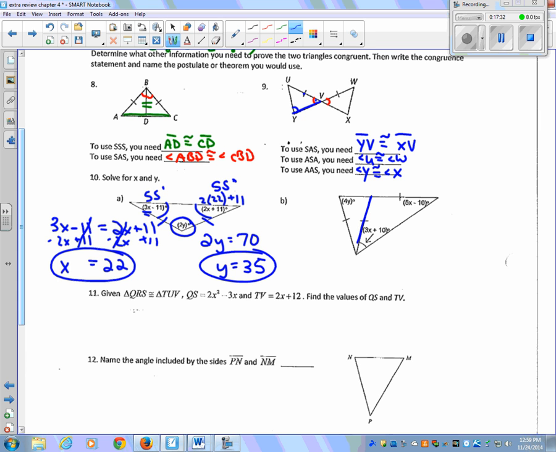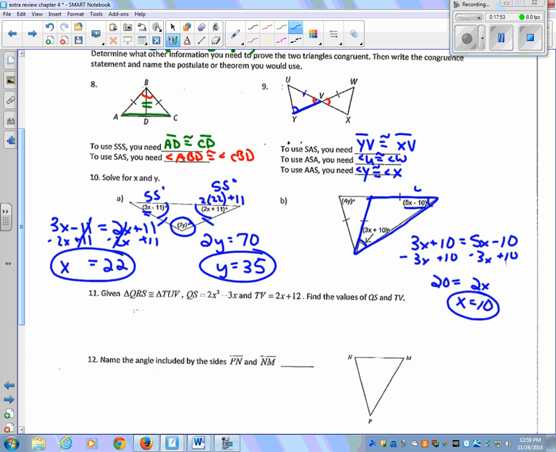B, we have this triangle is, again, an isosceles triangle, so 3x plus 10 equals 5x minus 10. Subtract 3x on both sides, we get 2x equals 20, and so x equals 10. Plug in 10 here, we get 50 minus 10 is 40, 30 plus 10 is 40, so together those make